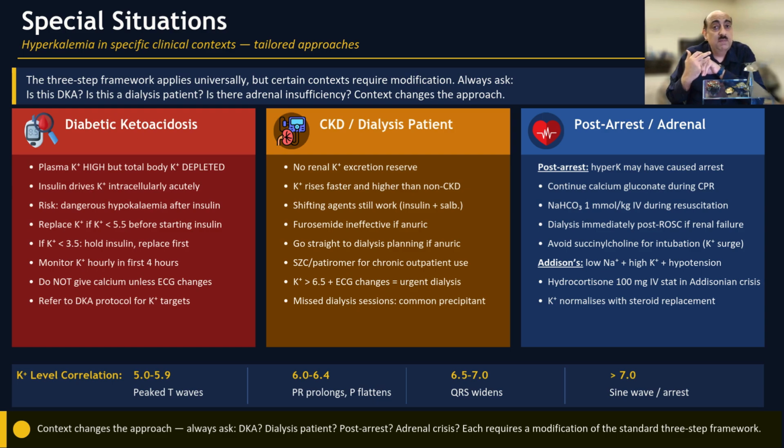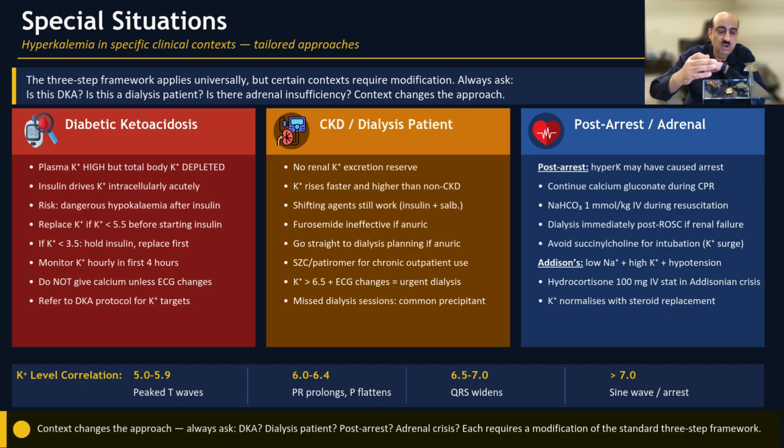There is hyperkalemia, but the total body potassium may be low. So it's a shifting problem, not a content problem. So again, once you start replacing with insulin, there is a risk of rebound hypokalemia because the potassium is going to be shifted intracellularly. That's why the frequent monitoring and replacement as per DKA